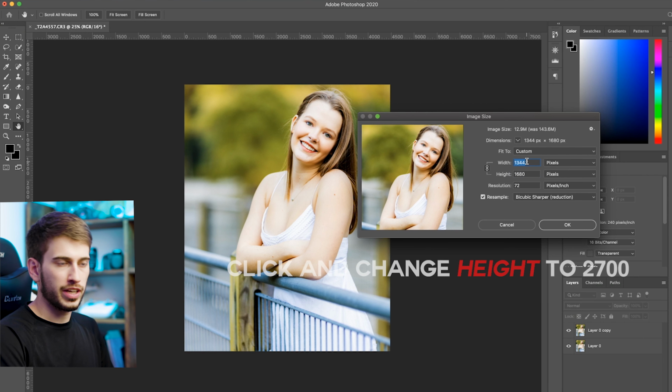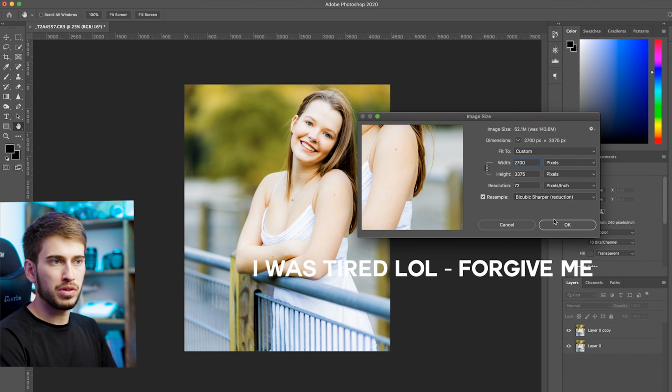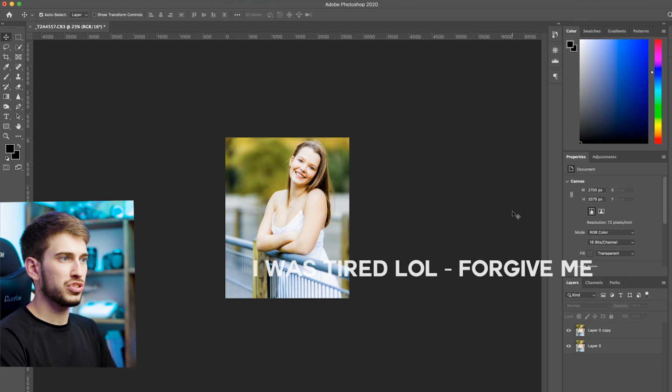Instead of using 1350, I double it to 2700. That way Instagram compresses that and I end up with an optimized image that looks really sharp and really nice. So let's go ahead and do that. Just as I said, I'm gonna come over here, I'm gonna click height, and I'm gonna change this to 2700. And then I'm going to click OK, and Photoshop is going to resize my image